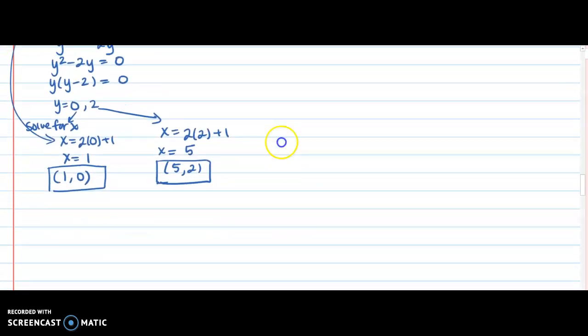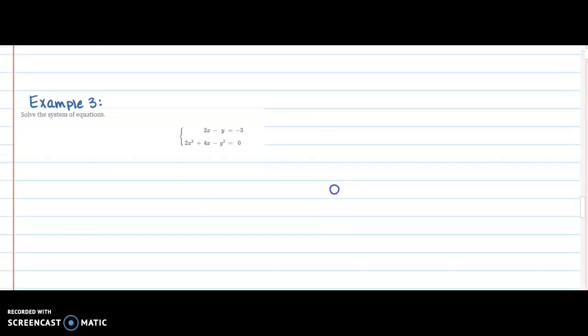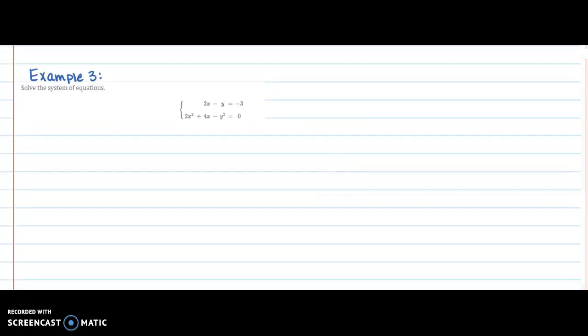Right, and the third example is going to be this system, 2x minus y equals negative 3, and 2x squared plus 4x minus y squared equals 0. You won't recognize this second equation, but that's okay. You don't need to know what it looks like necessarily. We're just going to do this using substitution. So I'm going to take that first equation,